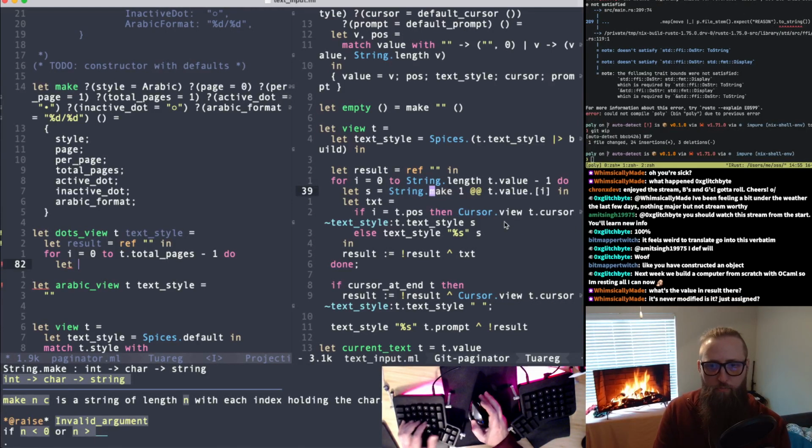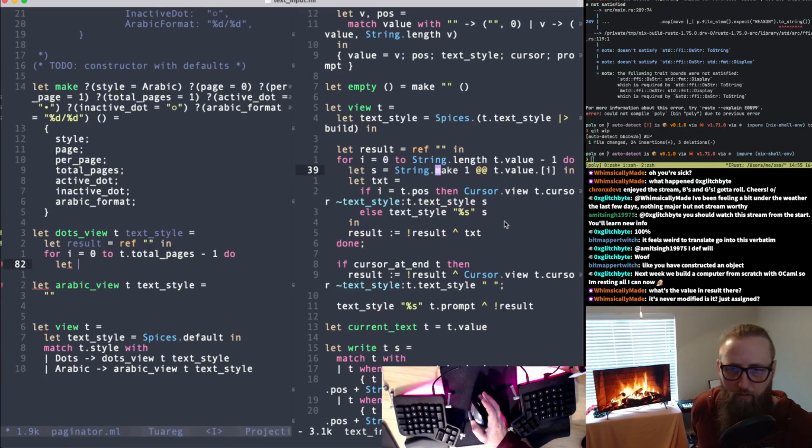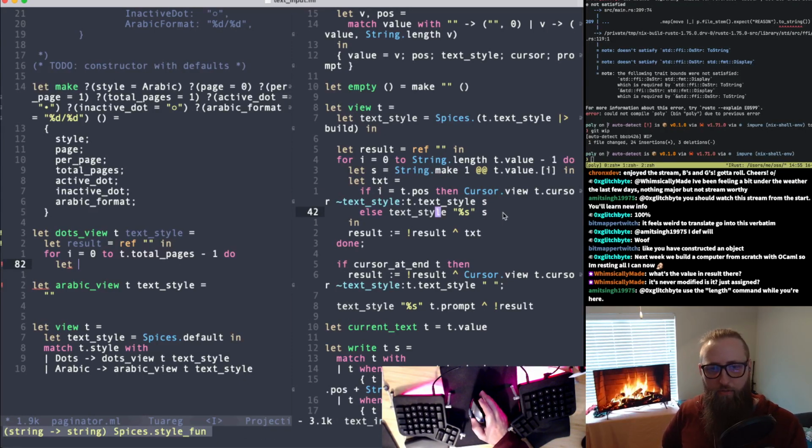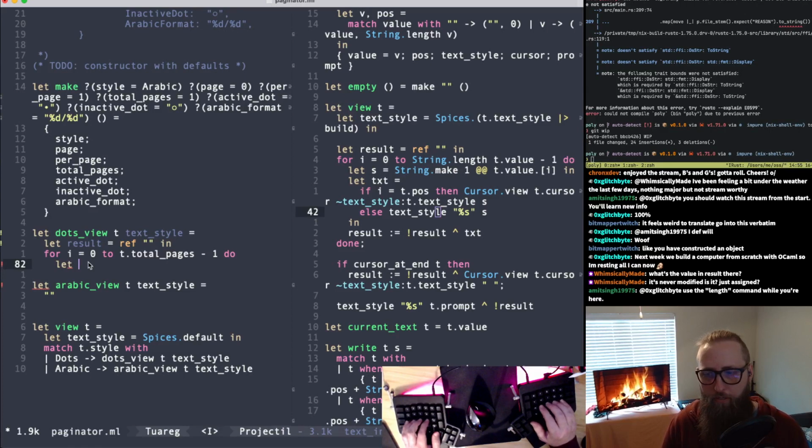Oh, but this is determining where the cursor is here. Okay, I don't care about that. Else text style percent. I guess text style is actually interesting. So text style seems like it's actually my formatter, right? It's like my string special function. Okay, so I guess text style could be important. I kind of think all I want here is